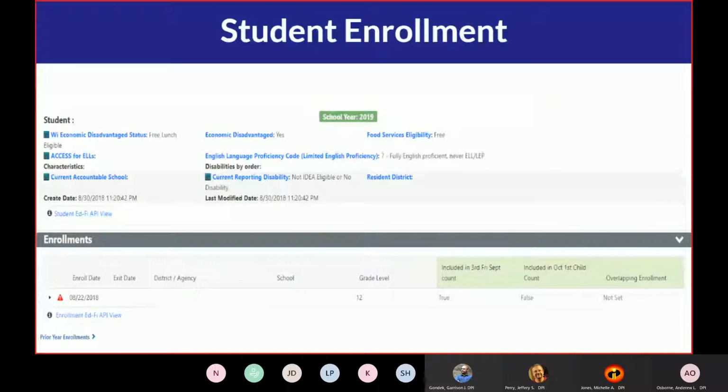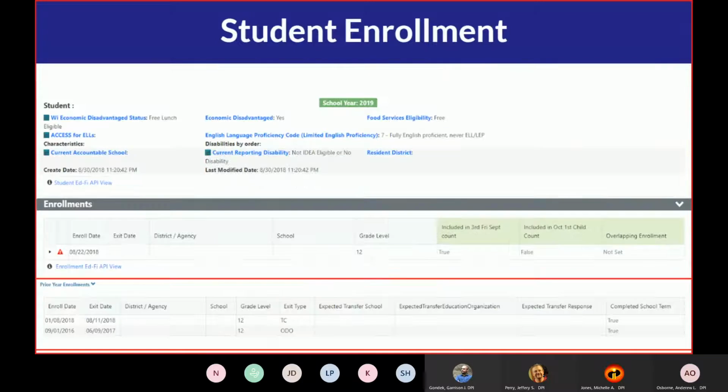Kind of covered that already. Enrollment records. Did I go through that yet? So your